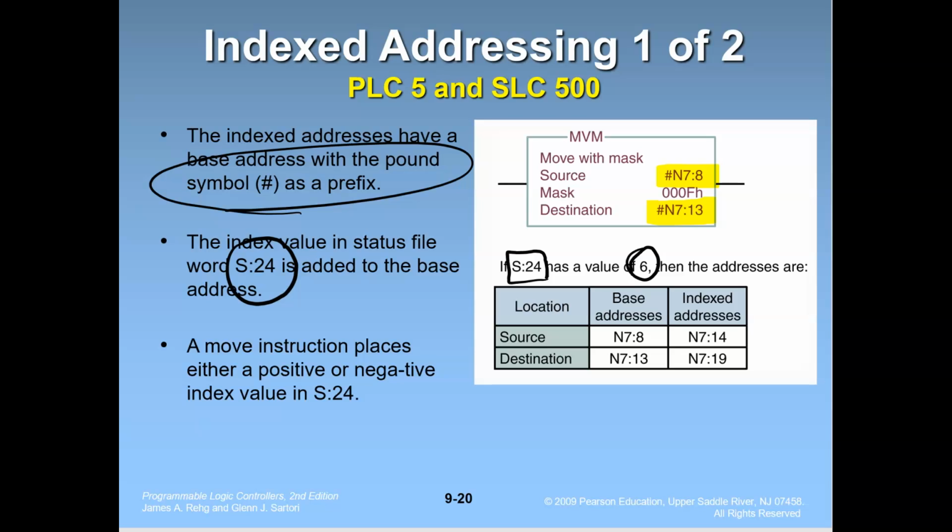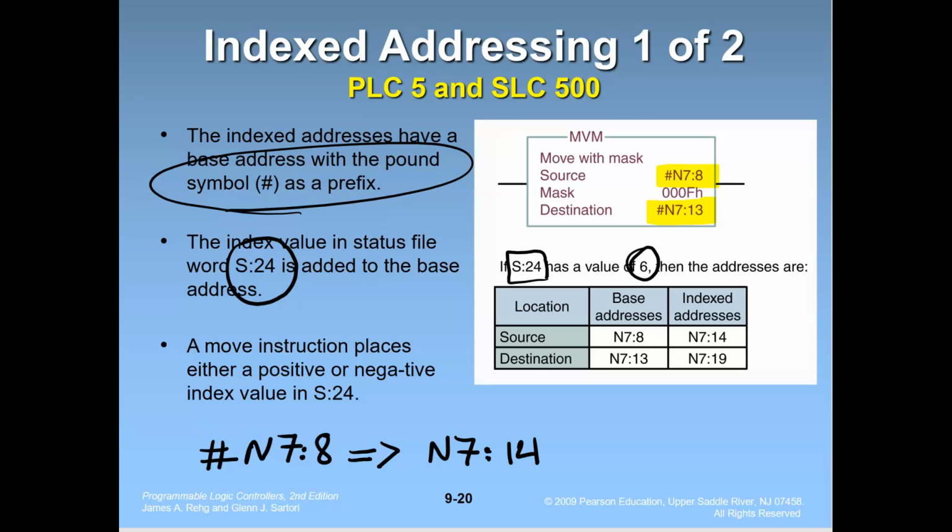So I'm going to write it here. £N7:8 is an index address, and it means that I need to add whatever I have at S:24 to this address. So I have 6 there, so it's going to be equal to